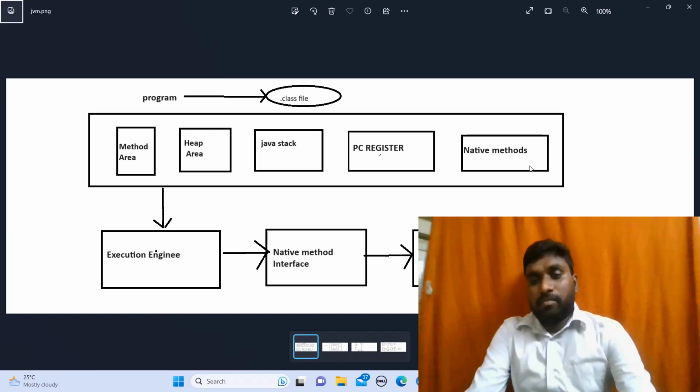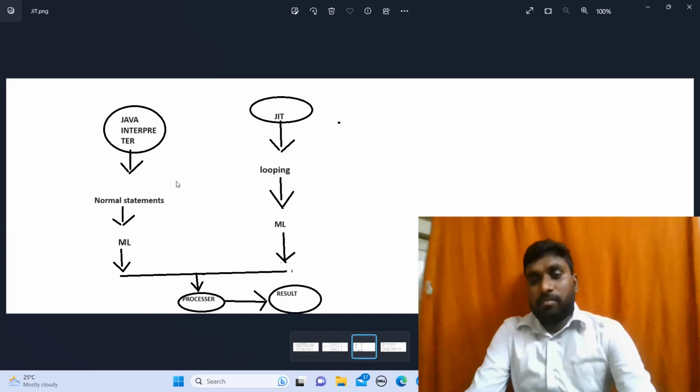Here native methods is nothing but like a hometown. It derives from the oldest languages, C and C++. If you wrote anything in C and C++ language, the JVM will not consider it at that time, so we have to go to the JVM separately. Whatever it may be, that language will be stored in native methods. If you wrote in Java language,